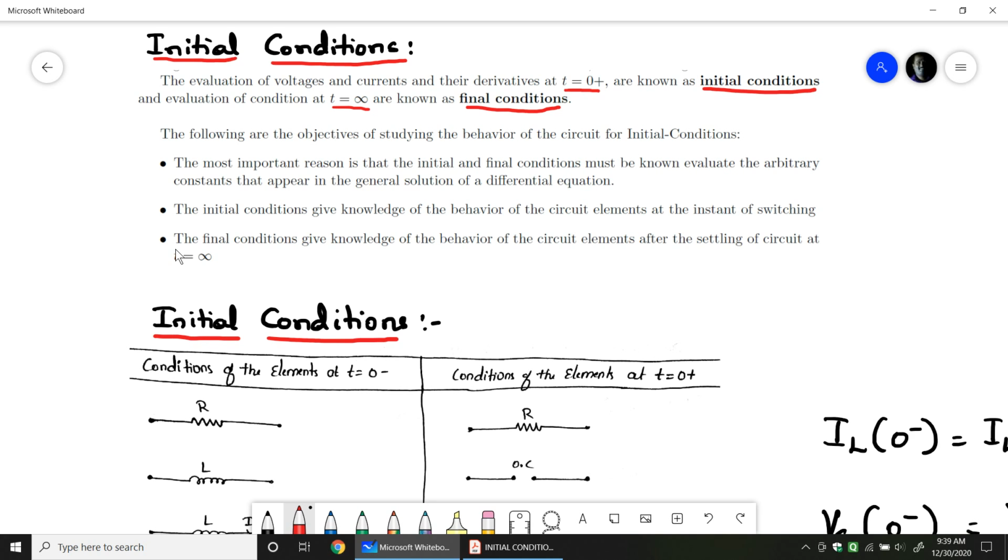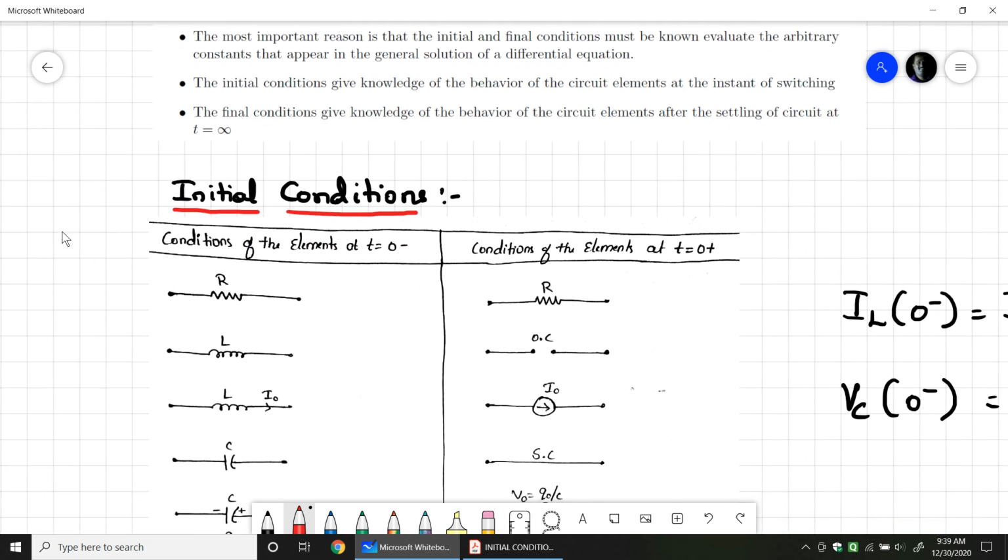Theoretically we say t equals infinite. Practically we don't have anything to be given as an infinite value. We try to see the maximum peak value when the time reaches, and that would be the behavior of the circuit element we have. Normally passive elements are what we see here, which are inductor, capacitor and resistor, connected in the circuit. Now we'll look into the table of how the circuit element behaves